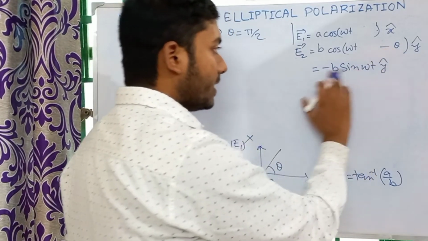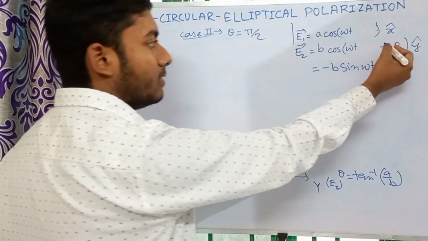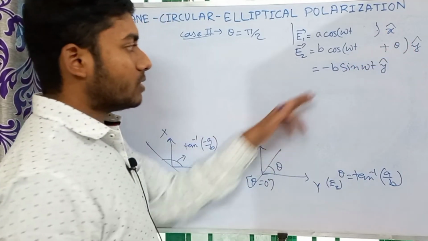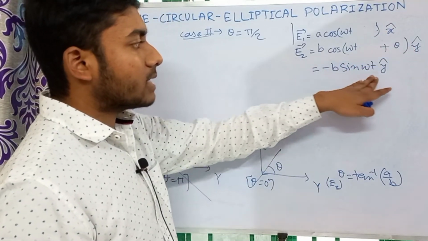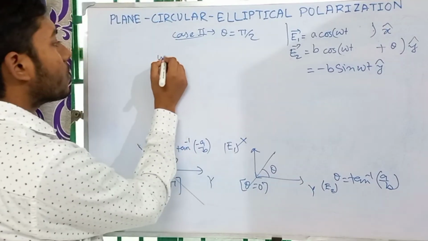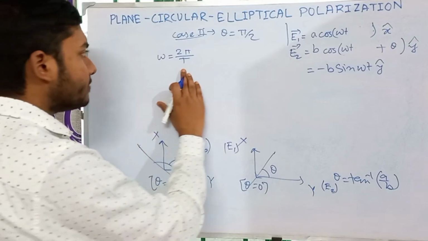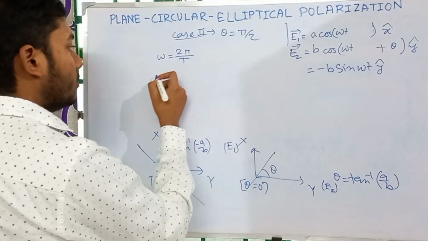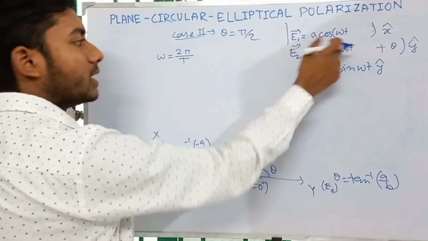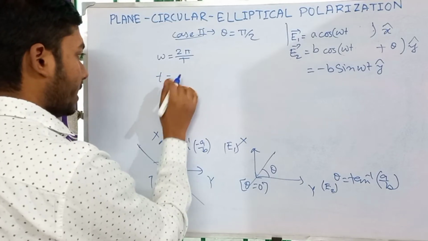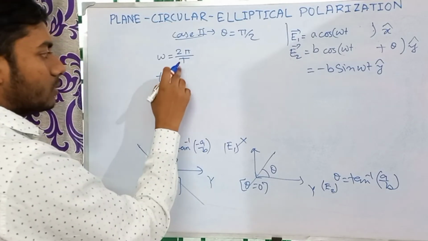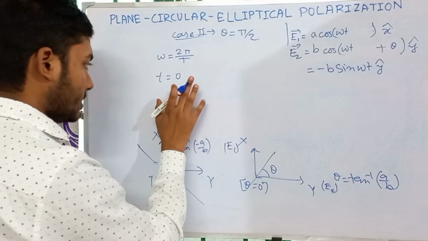Here, as I have chosen the plus sign, this will be minus b sine of omega t. We know that omega is equal to 2 pi by capital T, where capital T is the total time. Now we are considering the time t for many instances, like t equals 0 for any instant,